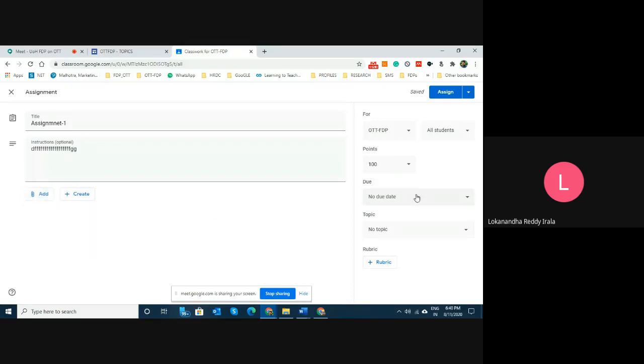You have the due date, and here again you can put in which day topic it should go. And here there is something called rubric. The rubric is how you tell your students how your assignment will be evaluated. So this will be covered by Dr. Murugan tomorrow. Rubric he will be covering. And then here you can make it 100 points, or you can make it unmarked, or you can make it 50 points, or 60 points. So all this is in your hands. And again, you can fix a due date. Let us say keep tomorrow, 13th August, as the due date, and assign.